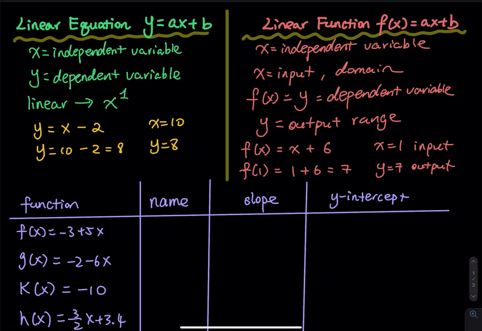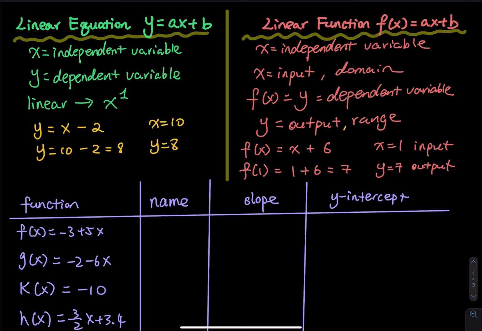but for function, we have more names. So other than independent variable, we call x the input, or x is the domain, and then y is equal to f of x, that is the dependent variable, and y is the output, and another name for output is the range. So for example, f of x is equal to x plus 6, so when x is equal to 1, you input a 1 to the linear function. So when x is equal to 1, 1 plus 6 is equal to 7, so y equals 7 is